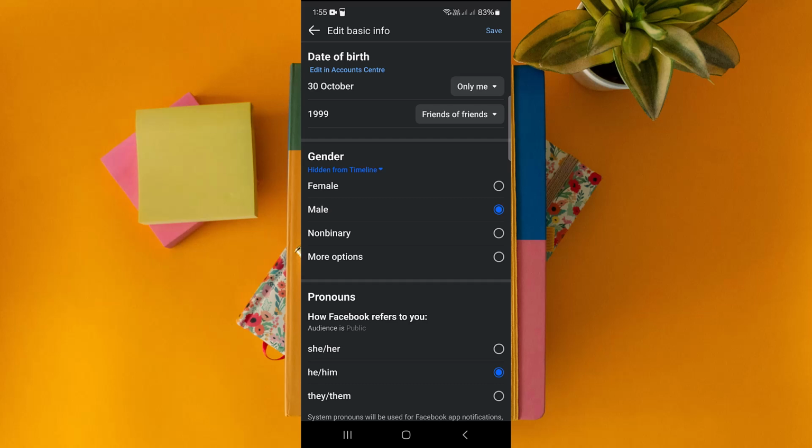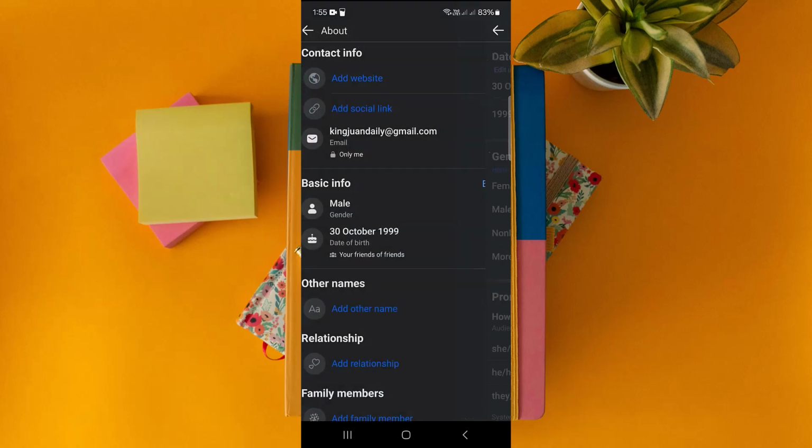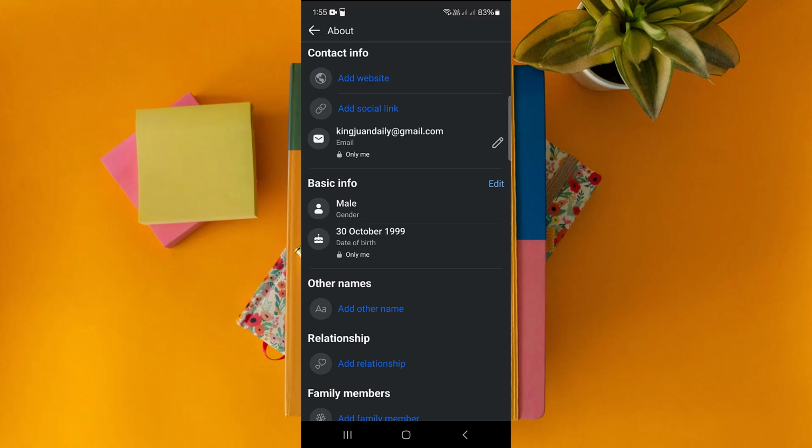So yeah, once you are done with it, make sure you tap on the save button on the top right corner. And now they can only see your birth year, not the date. So yeah, this is how you can just hide your birthday on your